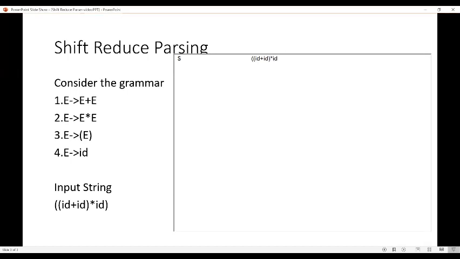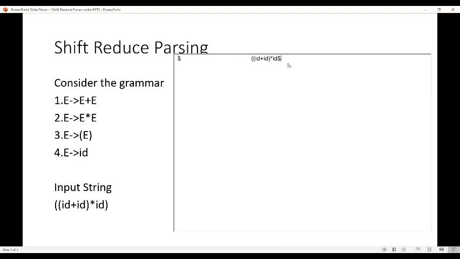To denote the end of the input string, add the $ sign. Now we have to apply shift reduce parsing, so we have to reduce this input string into the start symbol of the grammar, that is E.